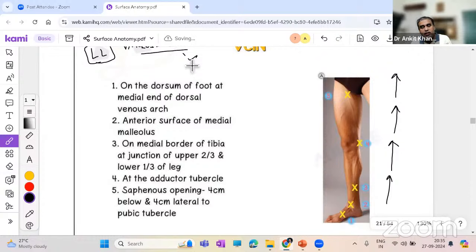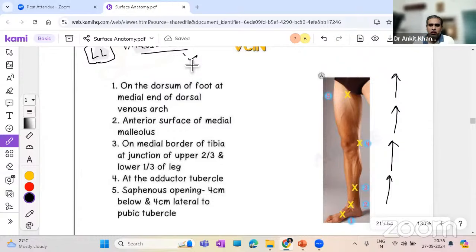Therefore, you should know where the veins are actually lying, mainly the superficial veins. If you remember, in the upper limb also, we mainly dealt with the superficial veins, median cubital, cephalic, and all that. Similarly in the lower limb, and in the lower limb they are actually more important. Varicose vein is one of the most common diseases. In professions in which people have to stand on a daily basis for prolonged hours, like a traffic policeman or a surgeon doing long surgeries, or any profession where they stand for long hours, this varicose vein